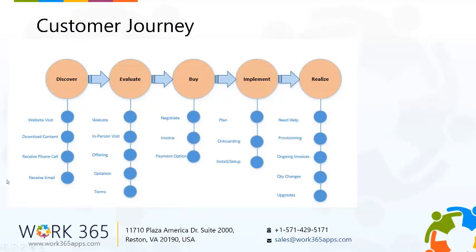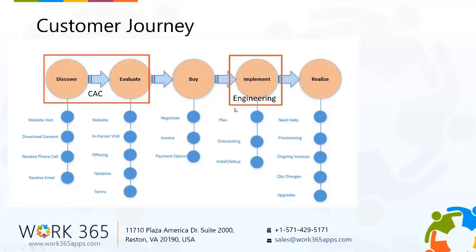activities happen. Now let's start to map out the costs we talked about on the previous slide to the customer journey. The first two stages are what we call the customer acquisition cost, which is, again, your sales and marketing costs. The next stage is the buy stage, which is usually a short phase, but it's important from a customer experience standpoint, so we make sure we call that out. After that, you implement the services. This is your direct cost of implementation. Once you implement the services, now you start to realize the cost of service,